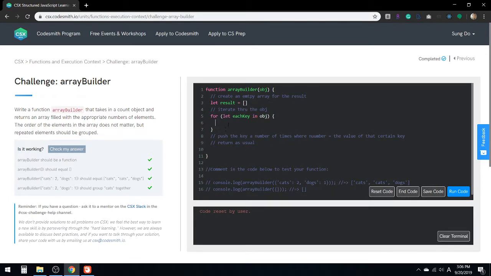and within the code block I need to figure out how to push the key a number of times for each key when I'm iterating through the object. So I'm going to use a for loop. I'm going to initialize by setting i equal to 0, and how many times I need to run this for loop depends on the value of the certain key. So the condition will be i is less than